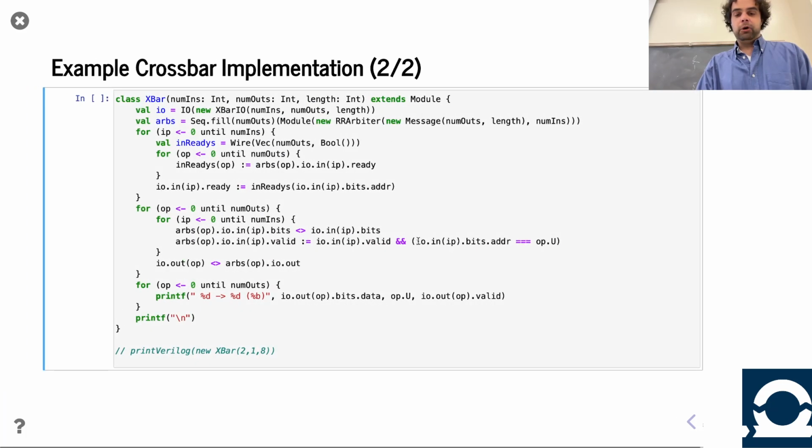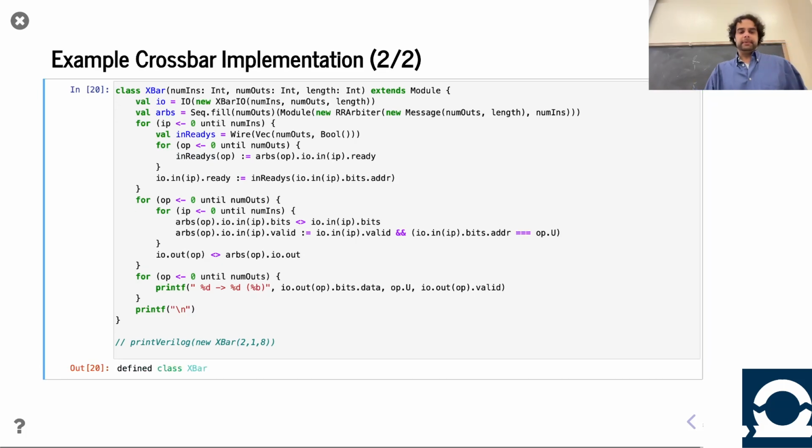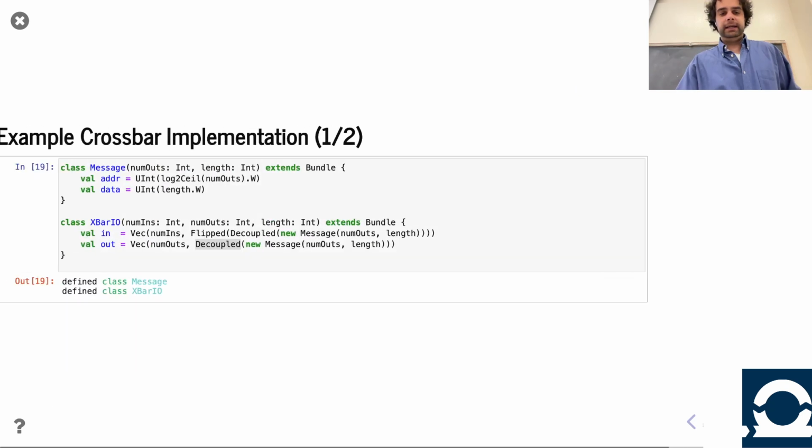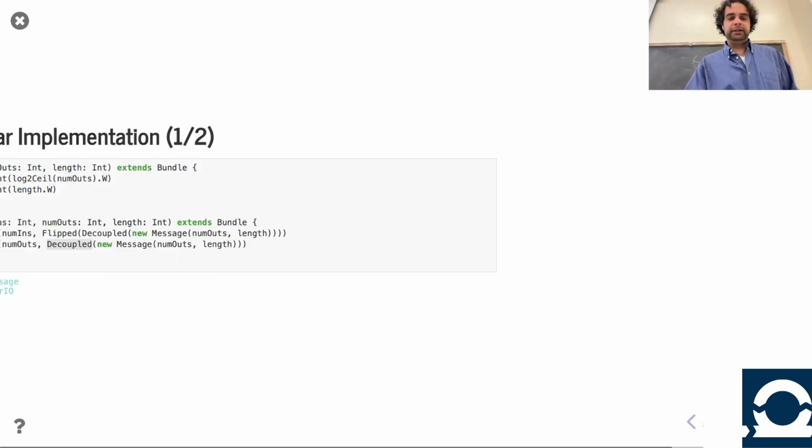So you are requesting whatever port we're talking about actually matches the output port we're talking about. Cool. And is it actually valid, right? If it's not valid, we shouldn't even be bothering the poor arbiter. That's all wired up, putting AND gates in there. We wire up the outputs. And like before, I have some printfs. So here, in 18 lines of Chisel here and 6 lines of Chisel there,